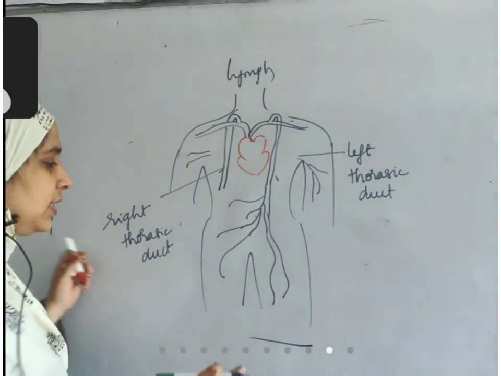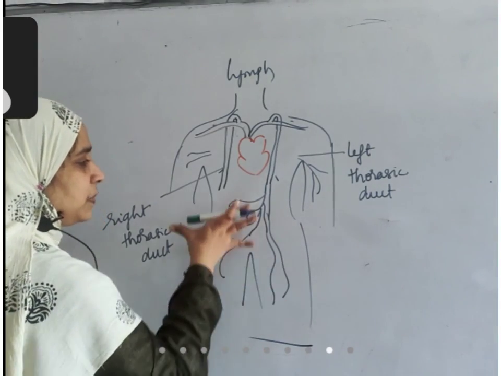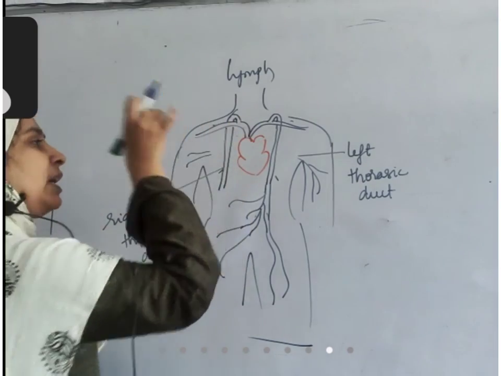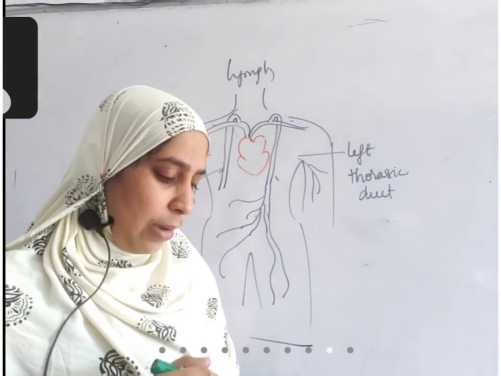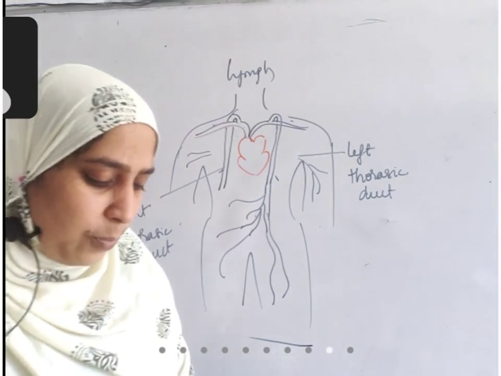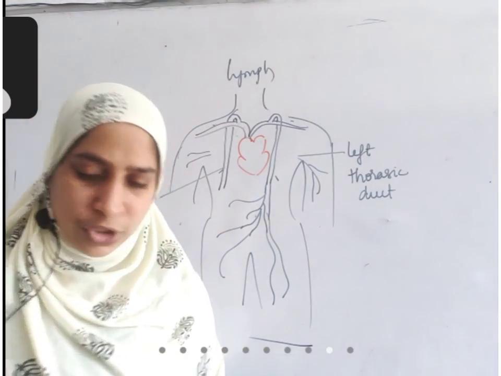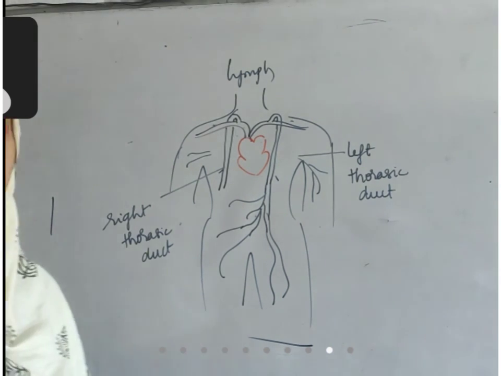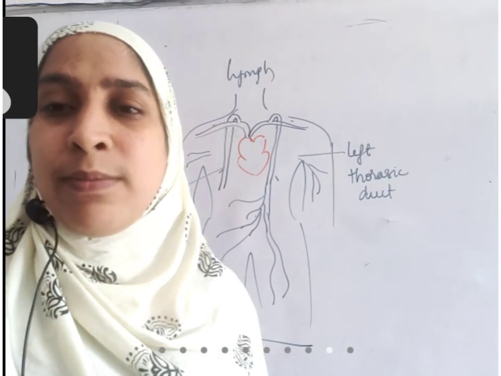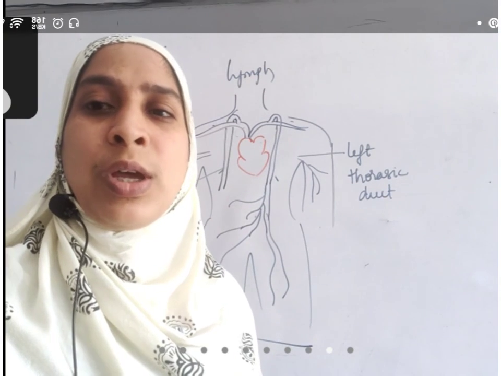So all the tissue fluid present in the body will come back again to the heart. It will enter the venous system and come back to the heart. So that is about the lymphatic system and lymph, children. In our next class, we are going to discuss muscular tissue, and if time permits, we'll complete nervous tissue also. Right?